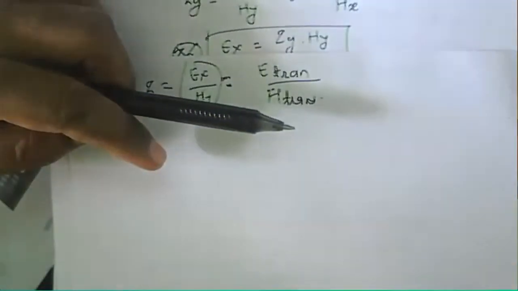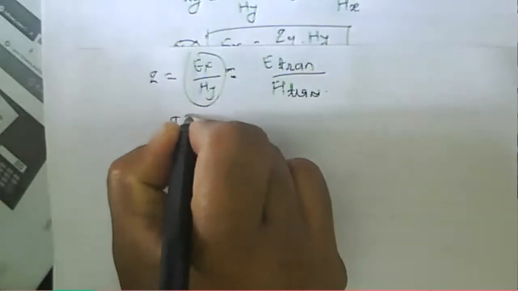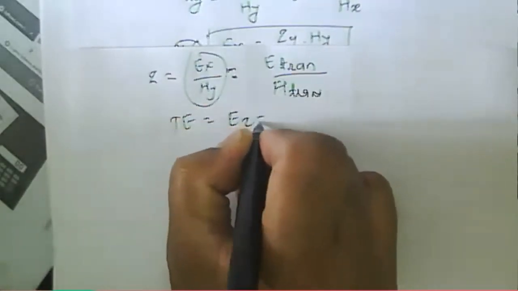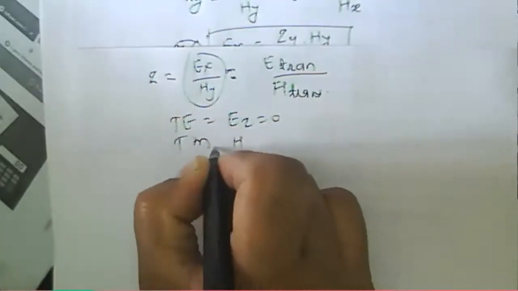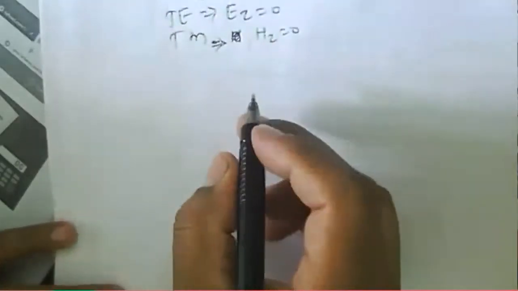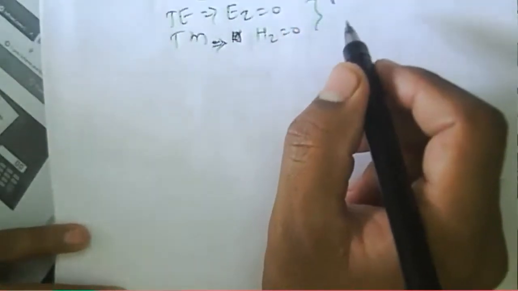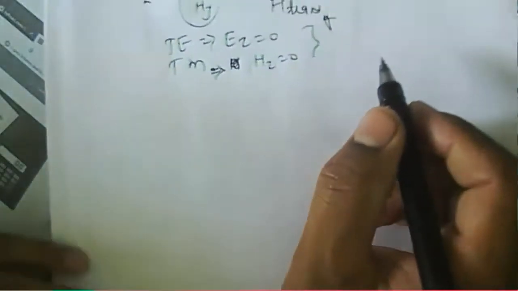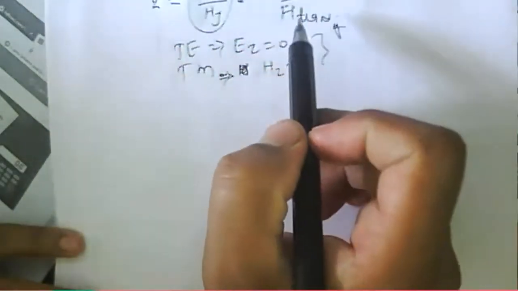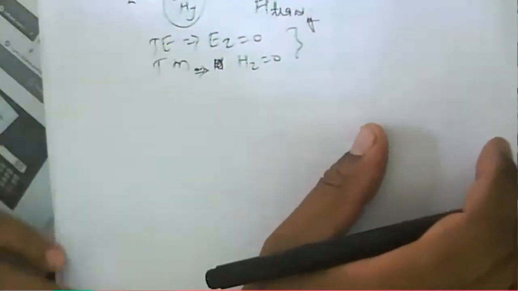Because generally we say that Ez and Hz are different. For the TE mode we say that Ez is equal to 0, and for the TM mode we say that Hz is equal to 0. So that's why whatever the component, it is nothing but X and Y. We write the electric field and magnetic field components in that equation, and we get the power transmitted in the given rectangular waveguide.